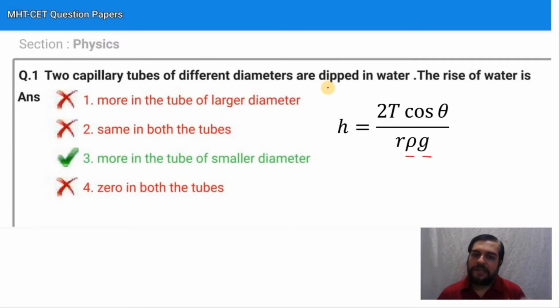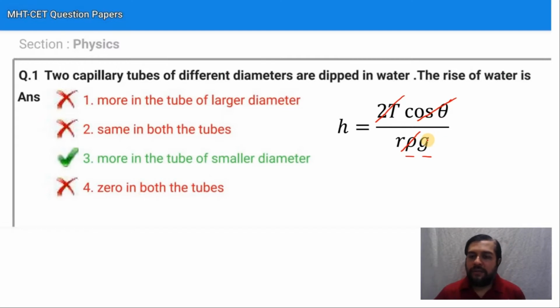When I say diameter, I can say it in terms of radius also, because diameter is 2 times the radius. So in this situation, since in the first case and second case the liquid and the material of the tube are the same, the angle of contact in both cases is constant. What is constant I will keep cutting, so this cos theta will be constant. In the first case it was water, now also it is water, so surface tension will be constant and 2 will be constant. Water in both cases, so the density of the liquid will also be constant. And the experiment is done on the surface of the earth.